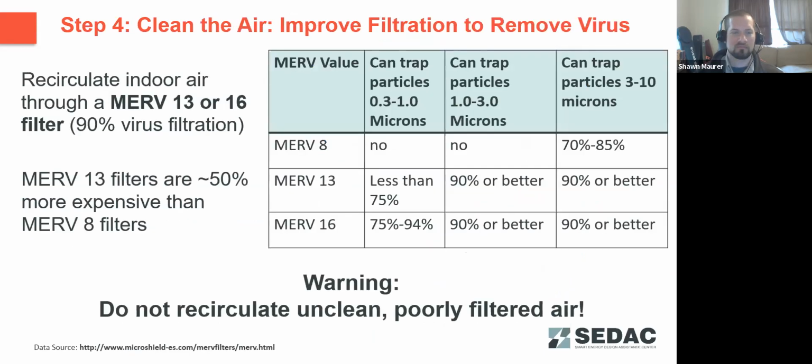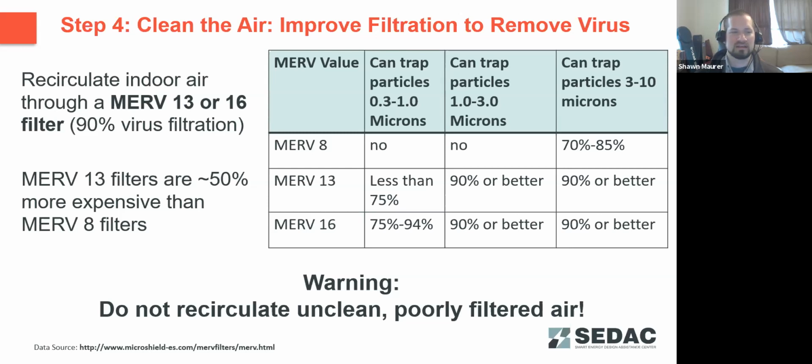The first thing, probably the easiest thing to do, is to increase your filtration efficiency for your systems. Recirculating air through a MERV 13 at minimum to a MERV 16 filter will give you about 90% filtration of the particulates that carry that virus. Those particulate sizes are expected to be somewhere between 1 micron and 50 microns. And as you can see in the chart here, MERV 13 and 16 filters filter out 90% or better of those particulates. So this is a good way to improve the efficiency of filtration, improve the cleanliness of the air